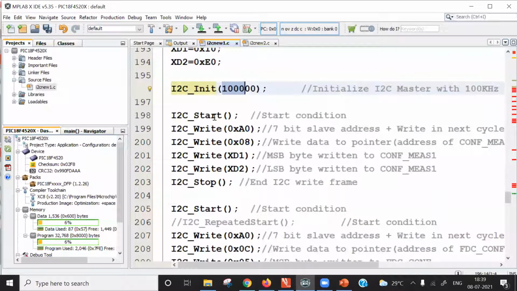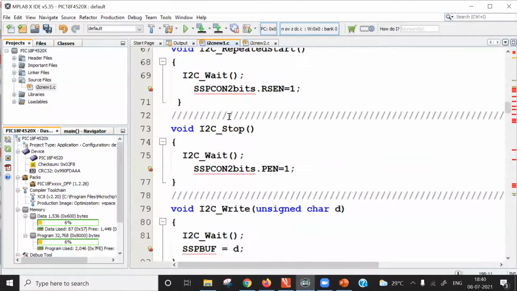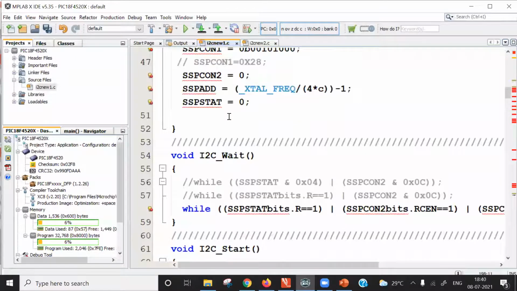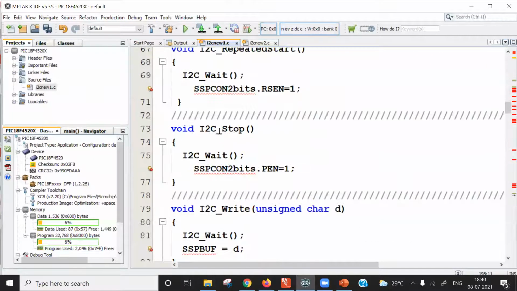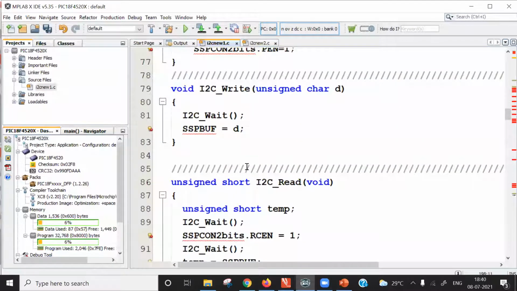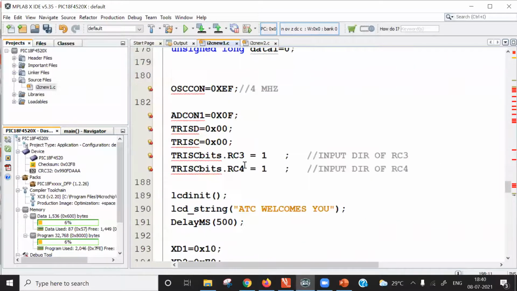Next is I2C start. To initiate the start condition on the I2C bus, we must call this I2C start function, and we need not pass any parameter because the argument is void. I already discussed all these functions here: I2C wait, I2C start, I2C repeated start, I2C stop, I2C write, I2C read. I will just call these functions.